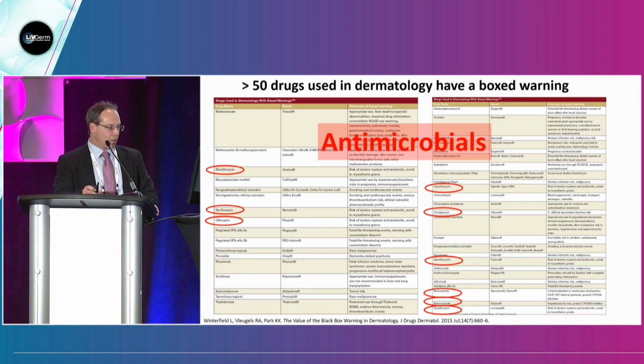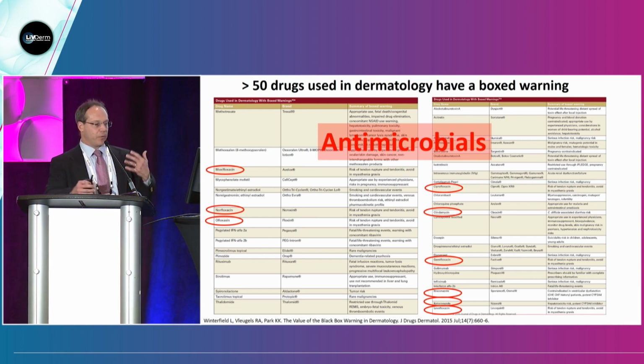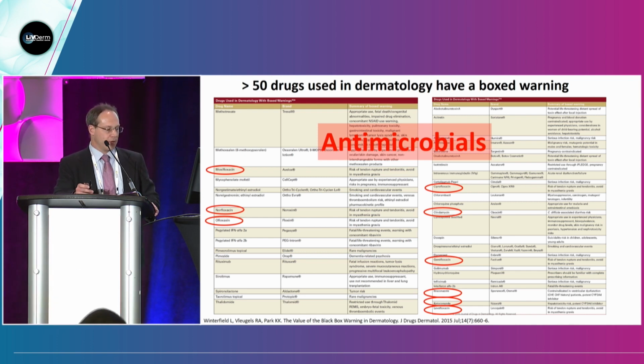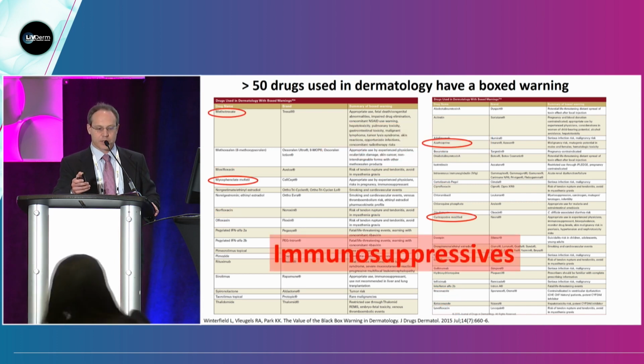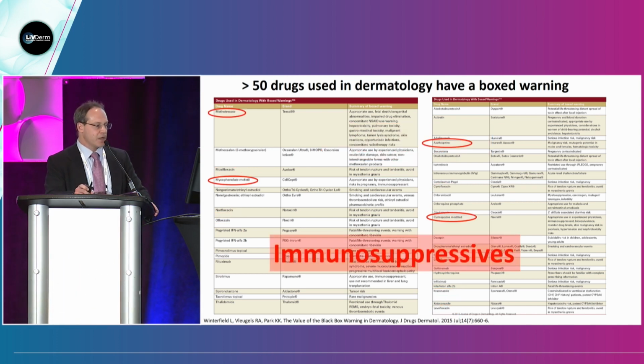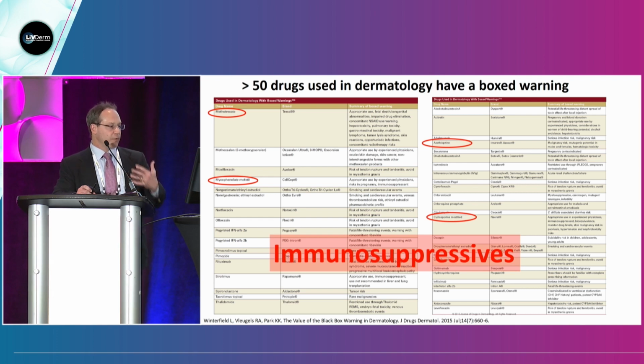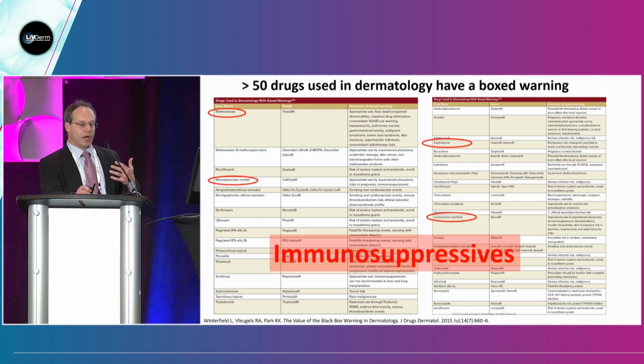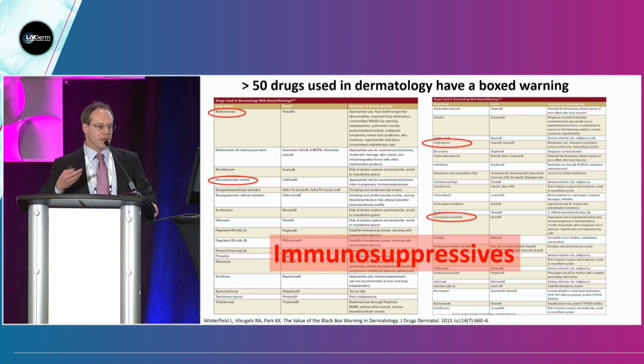Antimicrobials, some of them have boxed warnings. So for example, clindamycin has a warning for C. diff infection, Cipro for risk of tendon rupture, and some of the others that we use. Like we probably don't use too much oral ketoconazole, but we do use oral itraconazole, and those can have contraindications for congestive heart failure, and the ketoconazole for hepatotoxicity risk. And then immunosuppressives. So for example, methotrexate, mycophenolate, azathioprine, cyclosporin all have different boxed warnings for things such as being immunosuppressant, use in pregnancy, infection risk, malignancy risk.